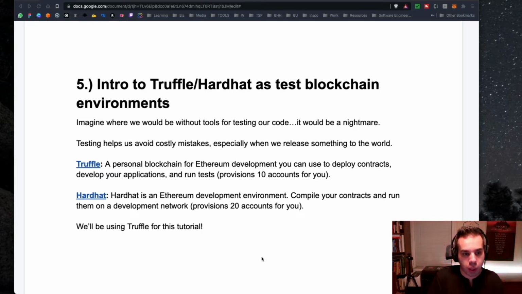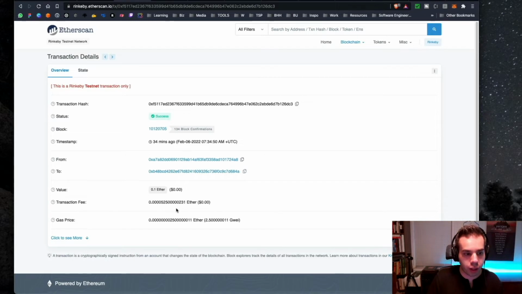So one of the best ways to go about doing this is using a system like Truffle or Hardhat that are environments for us to test on a local blockchain. Now, we talked about this earlier, reads are free for the blockchain, and that's why we're able to view on Etherscan. But if we wanted to write to the blockchain, that's what's going to cost gas. And you actually see this here, where if we go on this transaction, there is that transaction fee.